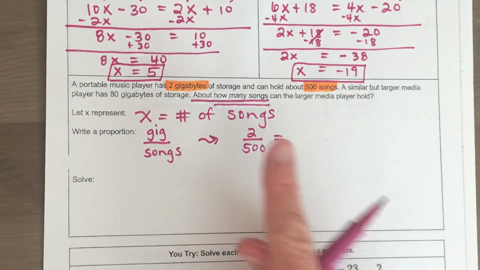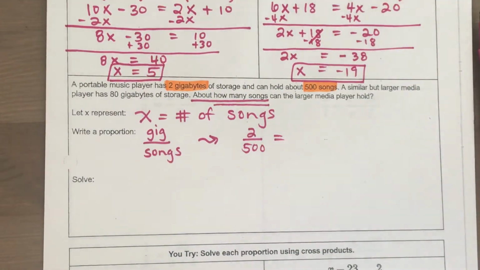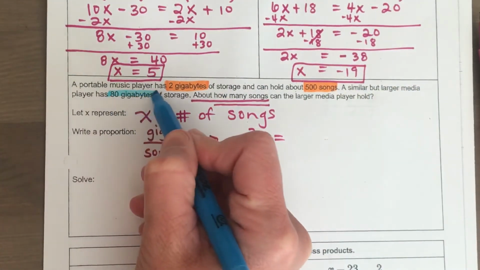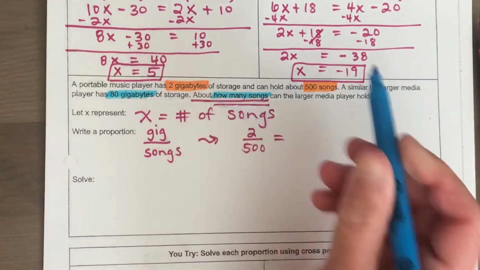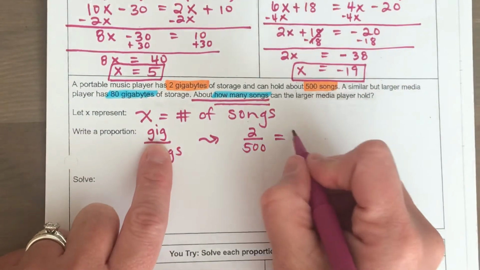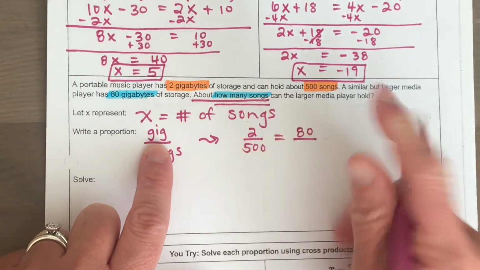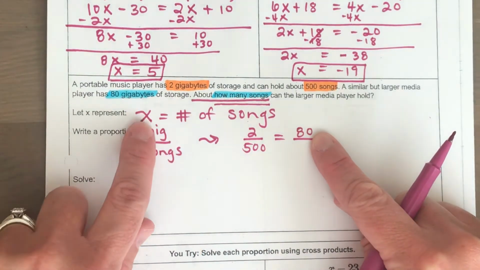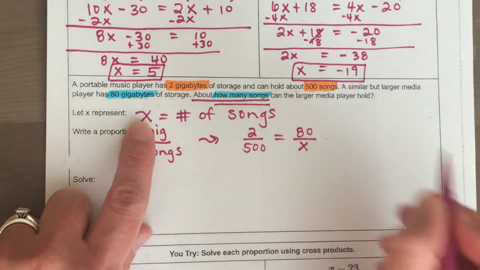And what I'm going to do is compare that to the information that's left. The larger media player has 80 gigabytes, and we want to know how many songs. So notice how gigabytes was on the top of my fraction. That also needs to go on the top over here. And since I'm solving for how many songs, and I said x would represent that, x will go in the